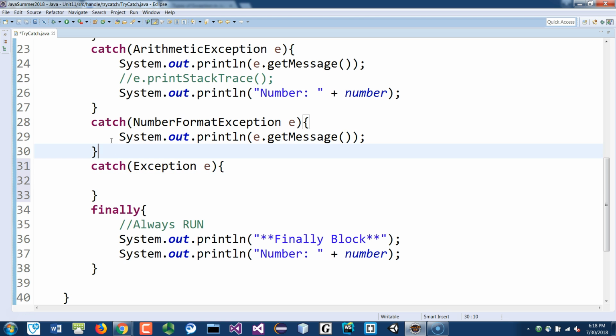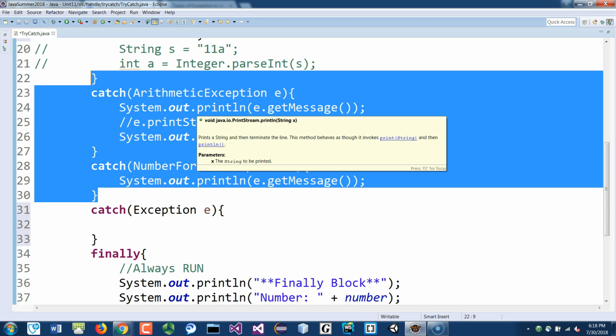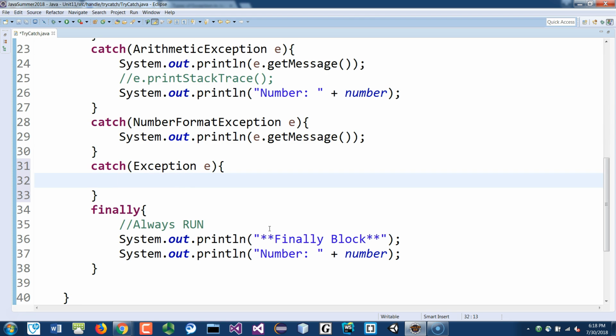Okay, but usually you'll see that these may not be used. You usually just go right into the exception, because from that, I guess you can discern from the message itself what the errors are. Okay, because you can still get the message type. For example, here you can still do the stack trace. You can still do the sysout message thing, right? e.getMessage. It will tell you as well. Okay, and